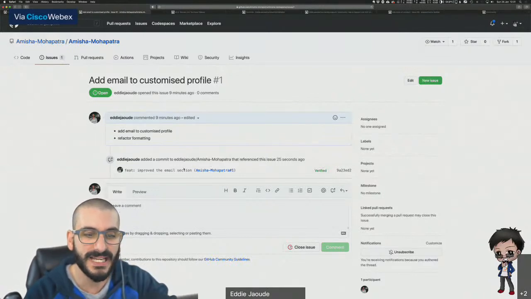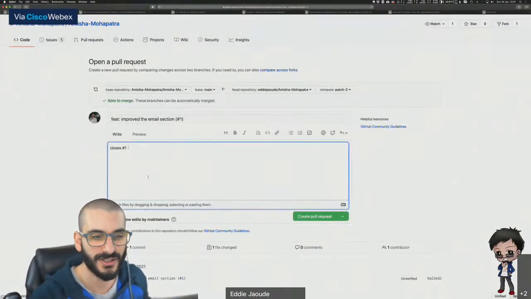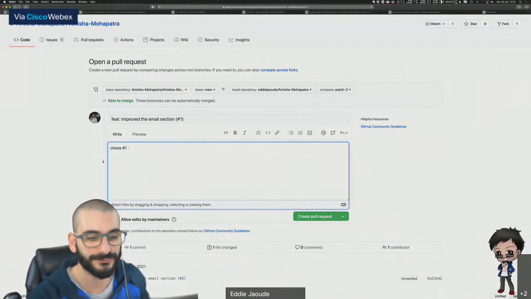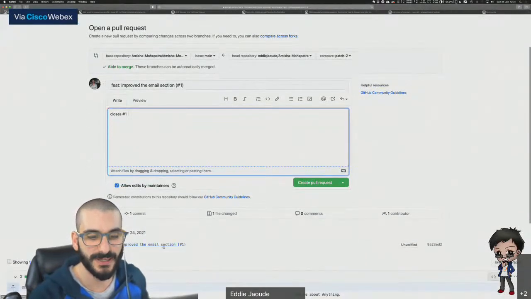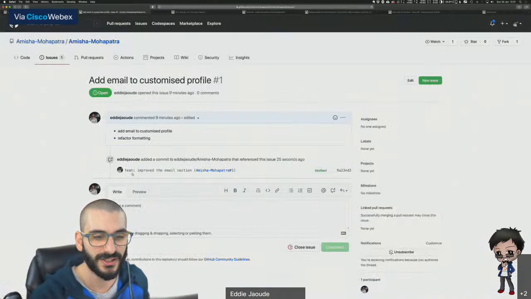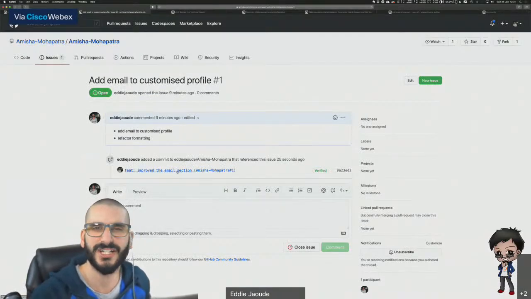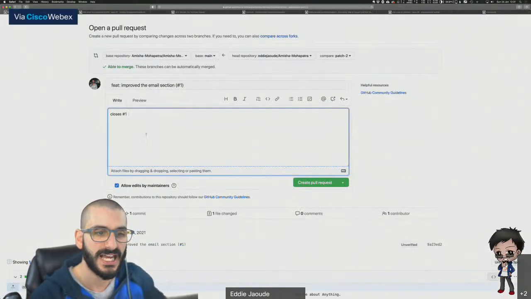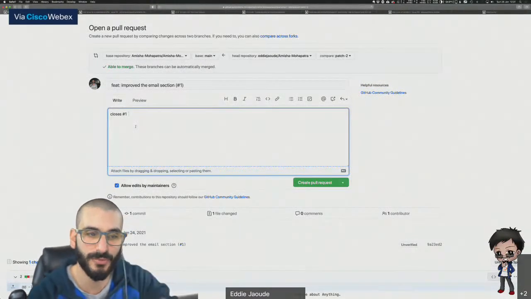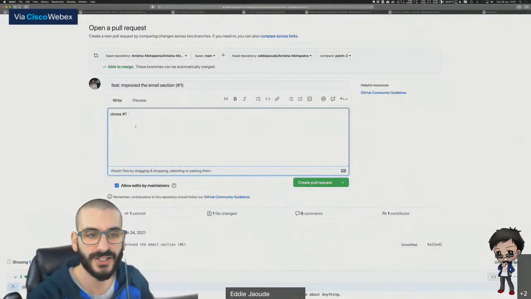So by making that new commit with the hash, it also puts the commit in this timeline, as you can see. The commit here says improve the email section #1, and then you can see improve the email section. You can click on this and it takes you to the commit and all the rest. And this is usually done at the top of the description of the pull request,